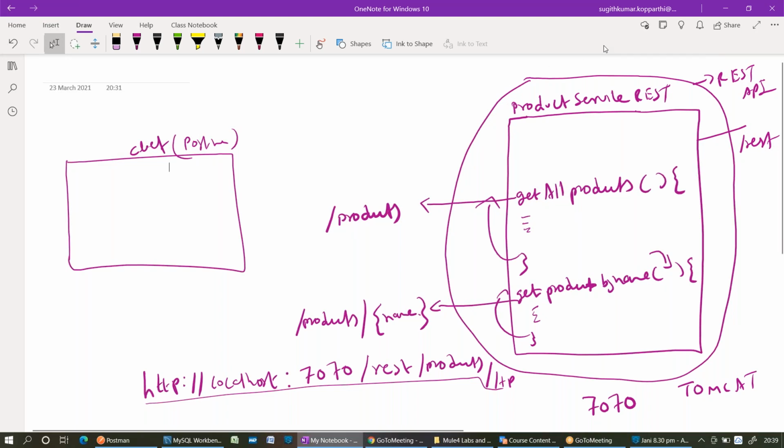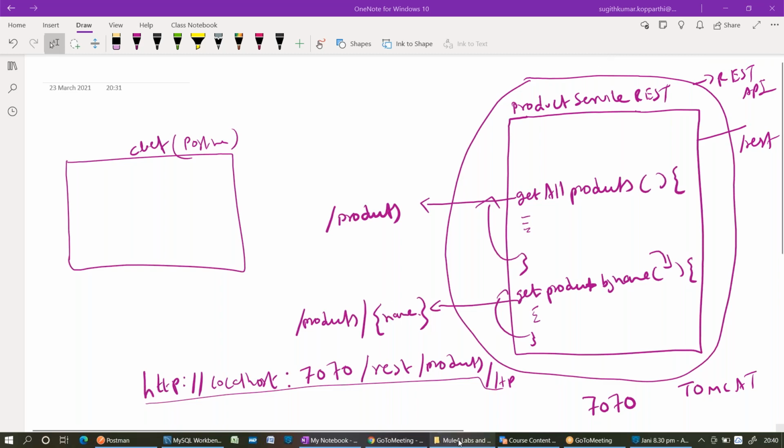So we require some third-party setup. You can use any public domains as well, but I have created my own application named Product Service REST by using Spring Boot. I gave this application an embedded Tomcat server with the application itself. There is no need to explicitly install Tomcat on your machine if it is not available, so it is acting as an embedded Tomcat for your application.